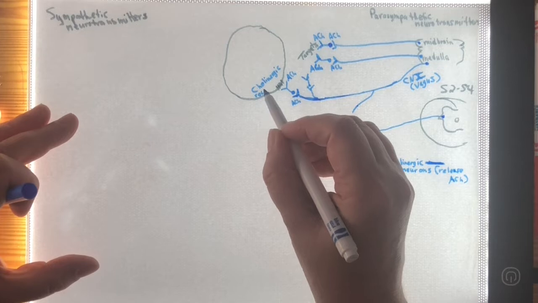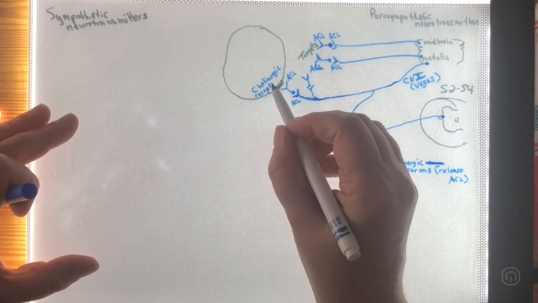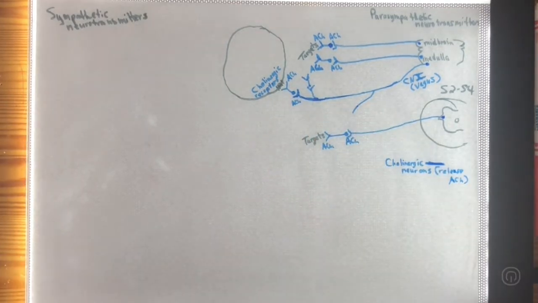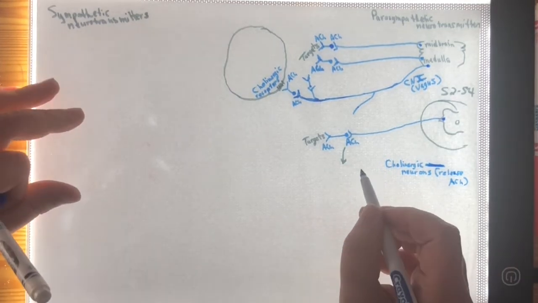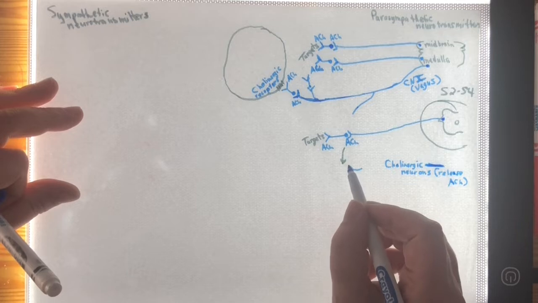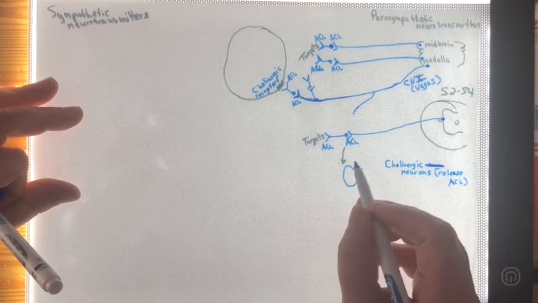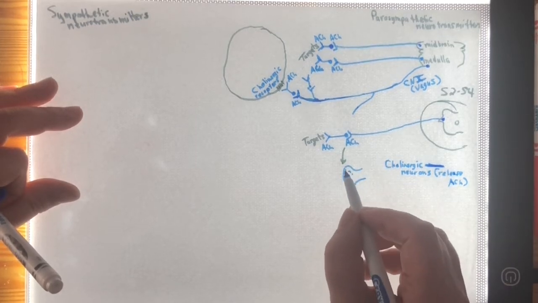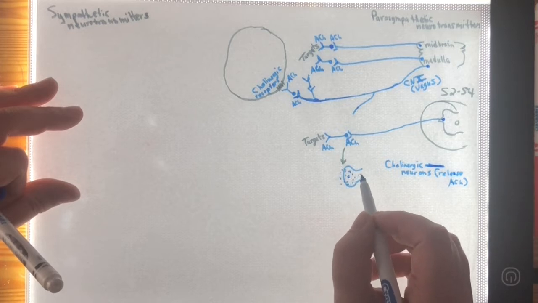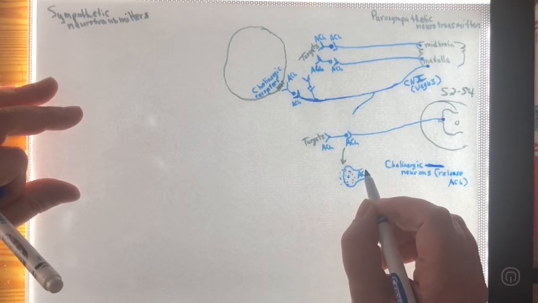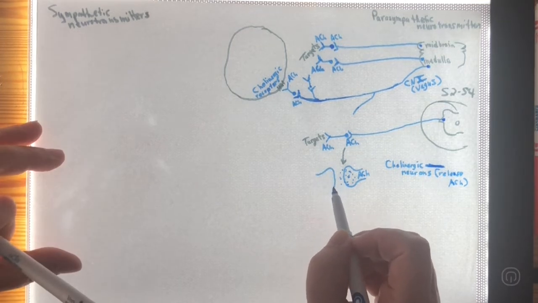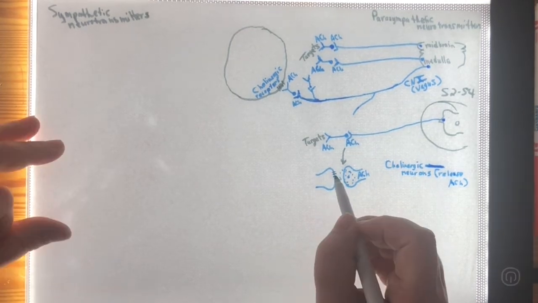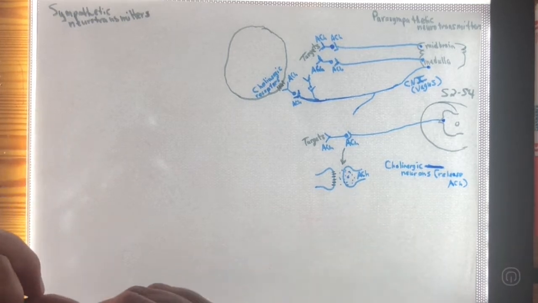So, since these are cholinergic neurons, the receptors that receive the information are cholinergic receptors. That is what the receptors are called as well. The neuron is called cholinergic because it produces acetylcholine. The receptors are called cholinergic because they receive acetylcholine, and we're going to be using blue for all this stuff today, to make it simple. So for example, this preganglionic neuron, talking to this postganglionic neuron that we're showing here, this